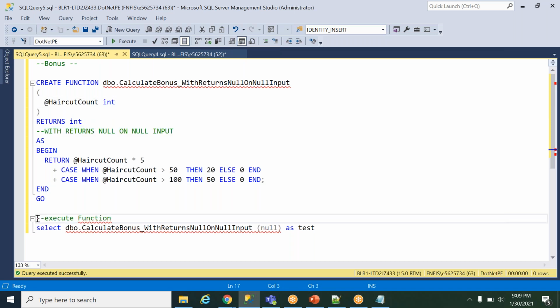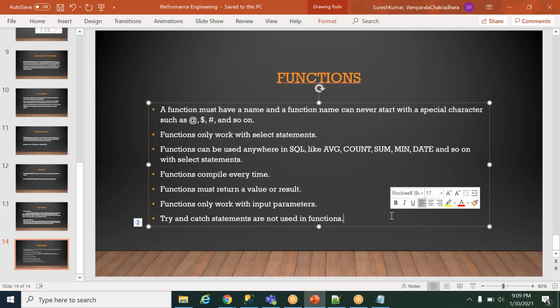Okay. Now next one I'll show you. As I told you, there is a difference between functions and stored procedures. In stored procedures we can do DML operations, like insert, update, delete, and try catch is also possible.